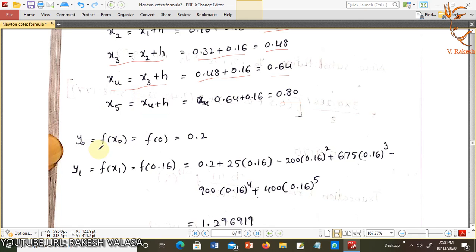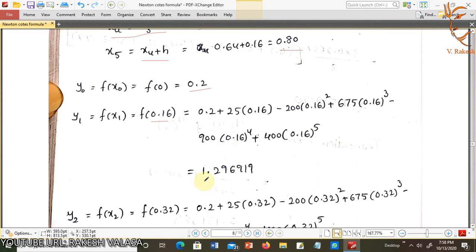Y naught equal to f of x naught, f of 0 means 0.2. y1 equal to f of x1, now substitute this 0.16 in the given function, that means 0.2 plus 25 into 0.16 minus 200 into 0.16 whole square plus 675 into 0.16 whole cube minus 900 into 0.16 all to the power of 4 plus 400 into 0.16 all to the power of 5. Now simplify this term, we get